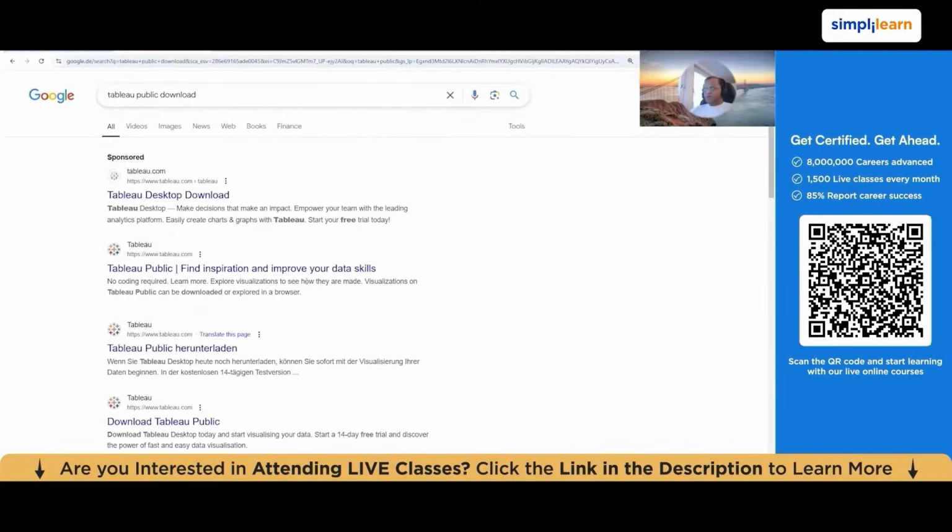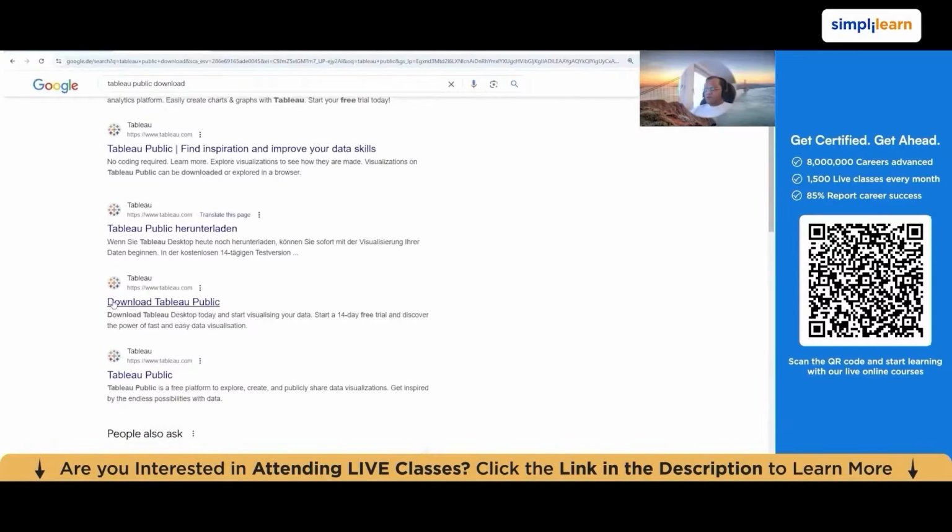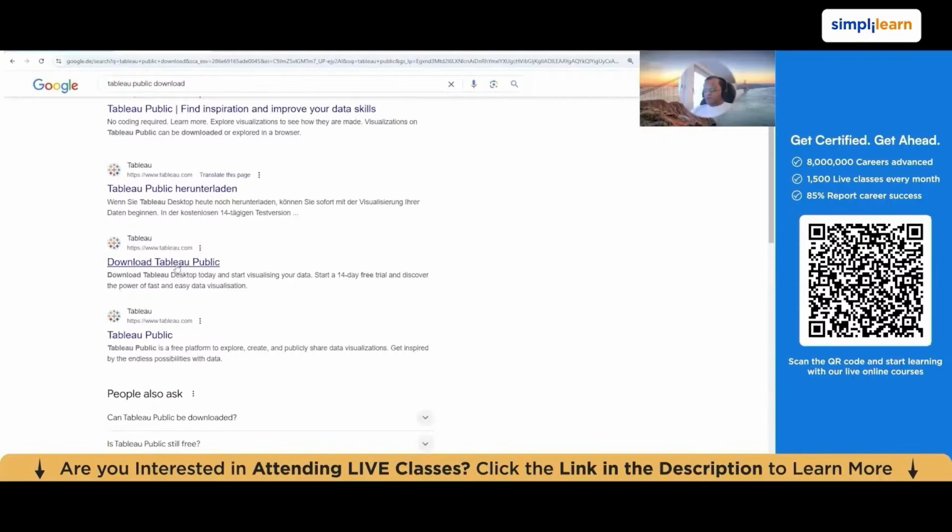But Tableau Public also, what I would suggest is that just now you go for Tableau Desktop and use it for 14 days. After 14 days, if you still want to use Tableau Desktop, I already showed you the method of going to the older versions. If not, then you can come to Tableau Public, and here we have this link, Download Tableau Public. If I click it,